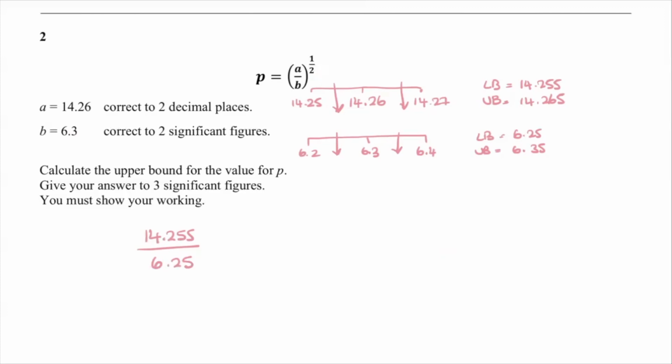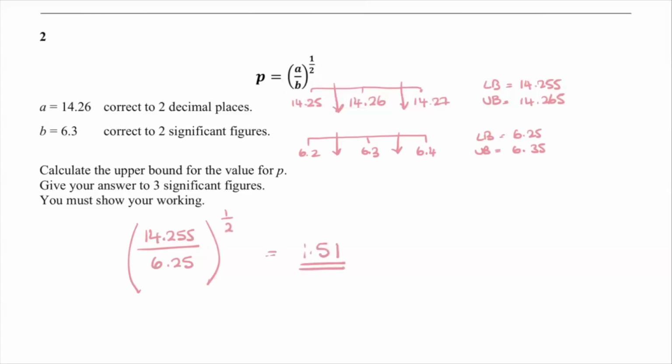So you've got nothing to lose. There's no sense guessing what would be the right combination. If you're not sure, do them all, okay? Now, it's being raised to the power half. We've got a calculator, so we can just throw that whole thing in. We've got to do it to 3 significant figures. So our final answer would be